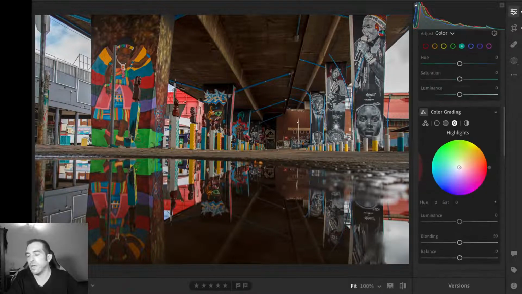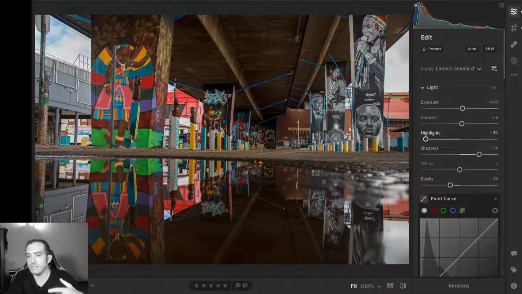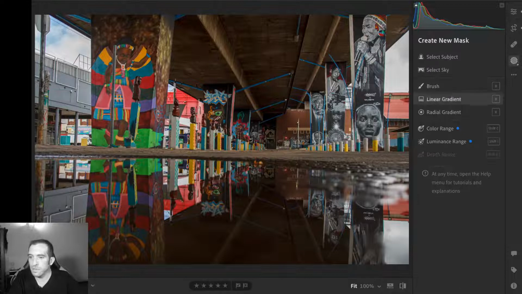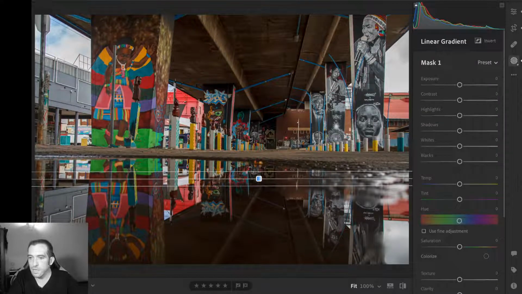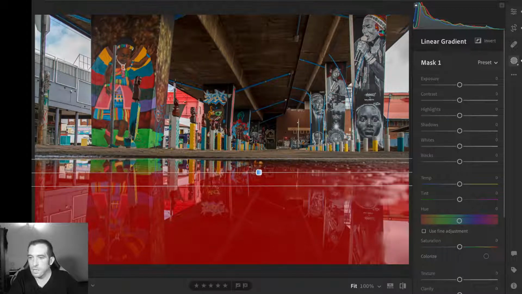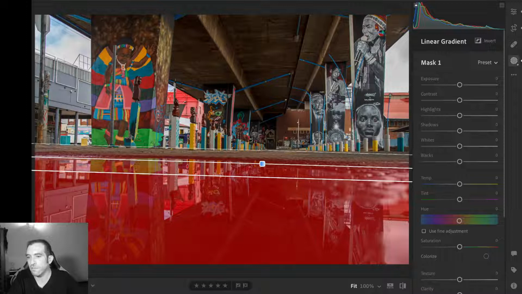What we could do, and we'll look at selective edits and masking as one topic in one of the future sessions, but what we could do if we wanted to is maybe just put in a linear gradient in the bottom part. What this allows us to do is to adjust this red part by itself without affecting the rest of it. So I've put a linear gradient in the bottom. Like I said, we'll still look at